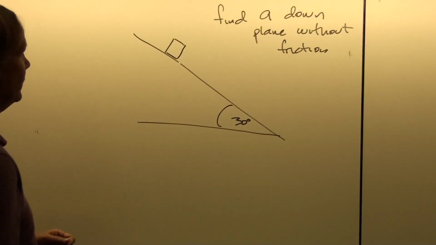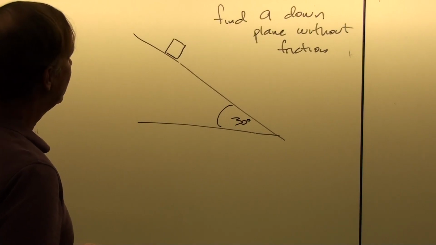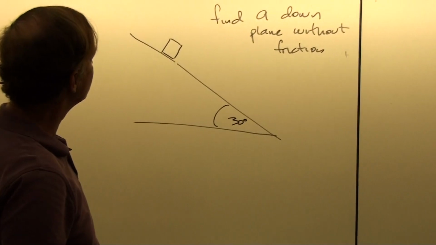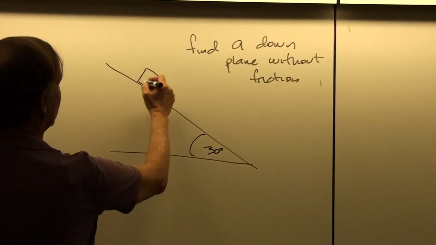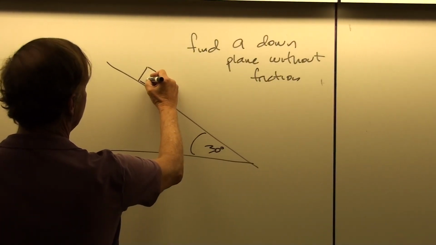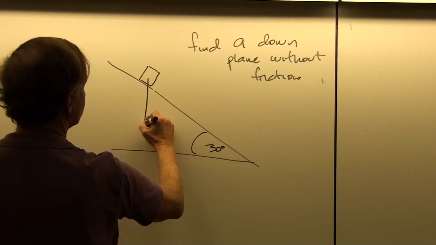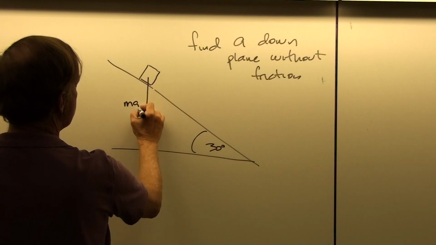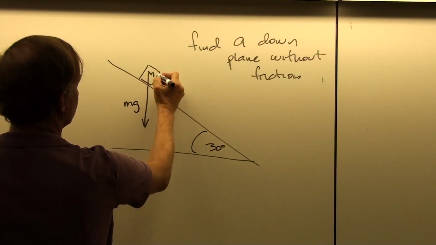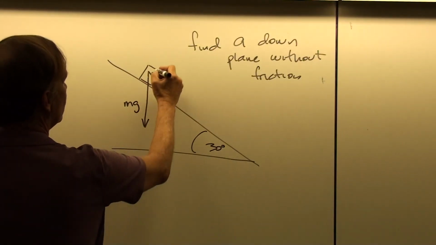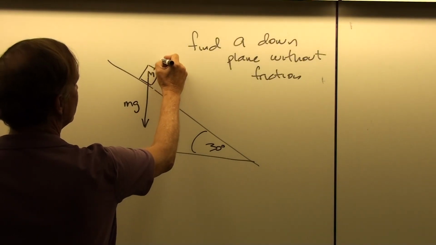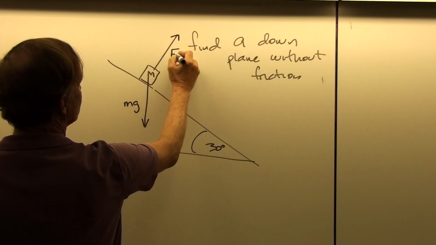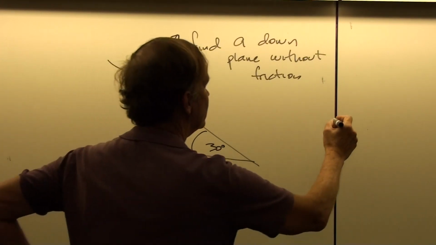Okay, so the question that we're asking ourselves is, how fast is this thing going to slide? And so what we could do is, first of all, draw all of the forces that are acting. So here we've got mg, that's acting down, so this is our mass m. We have the normal force, but that's not vertical anymore, because by definition the normal force is perpendicular to the surface. That's what normal means.